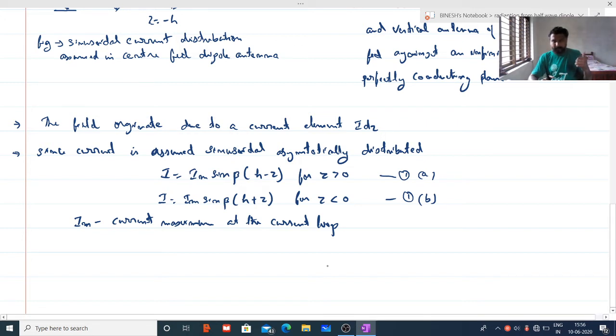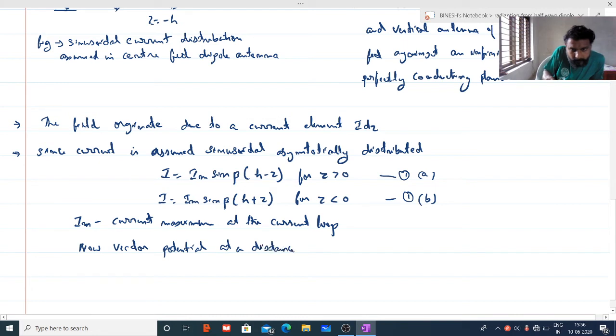So now the vector potential at a distant point P due to current element I dz is given by